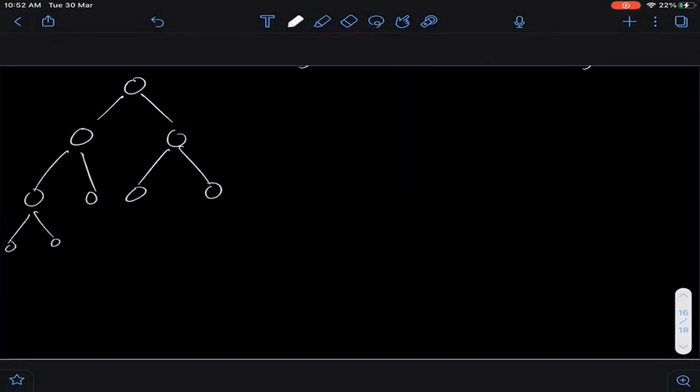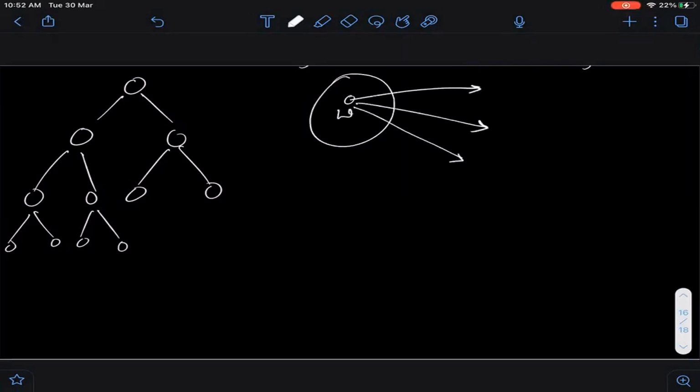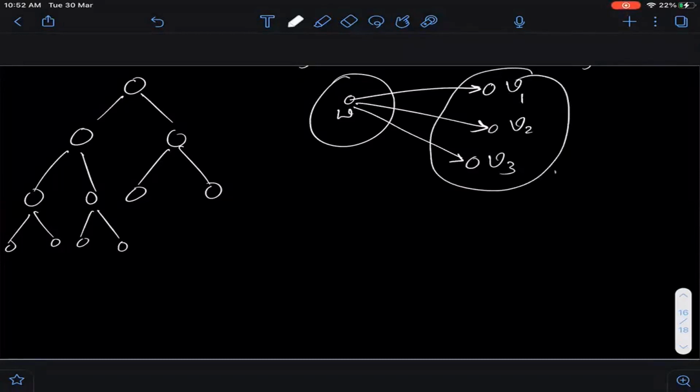Remember, I have this heap. It's an almost complete binary tree. Now, suppose that you have brought some vertex W to the left-hand side. So now you have to effectively test these edges, that's what your algorithm will do. So this is, let's say, V1, this is V2, and this is V3. All these are still part of the heap because they are still part of V minus S. They are part of the heap because you have inserted everybody in the heap during initialization, and they have some labels.